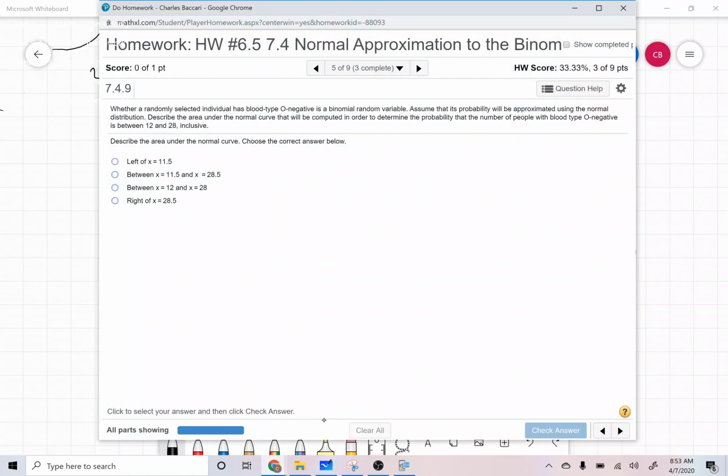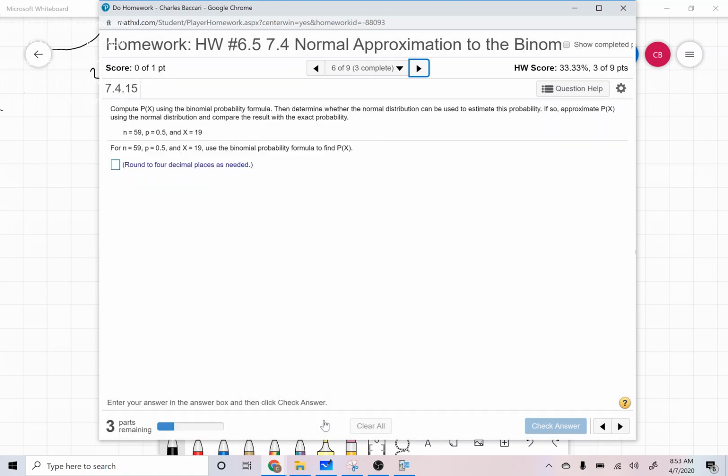Obviously you're going to underestimate 12. You're going to overestimate 28 because we want to make sure they're included. So go ahead and try that one. For this one,